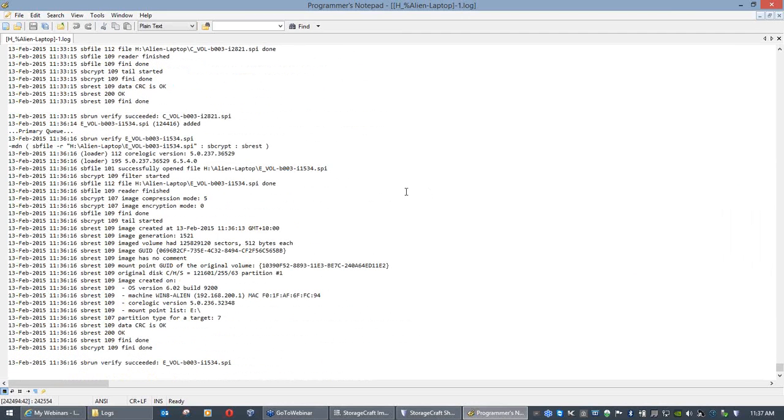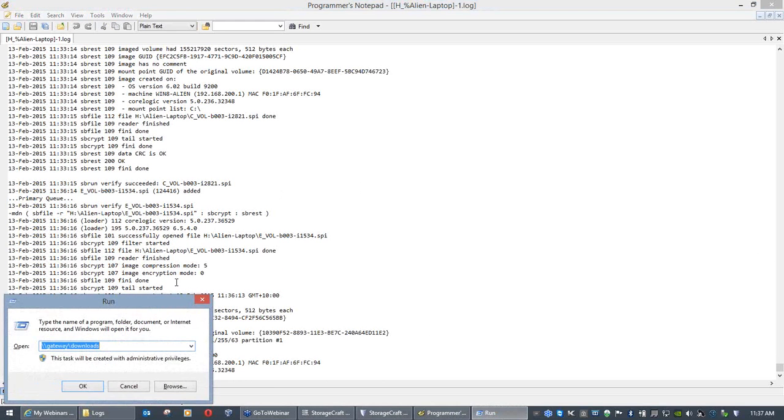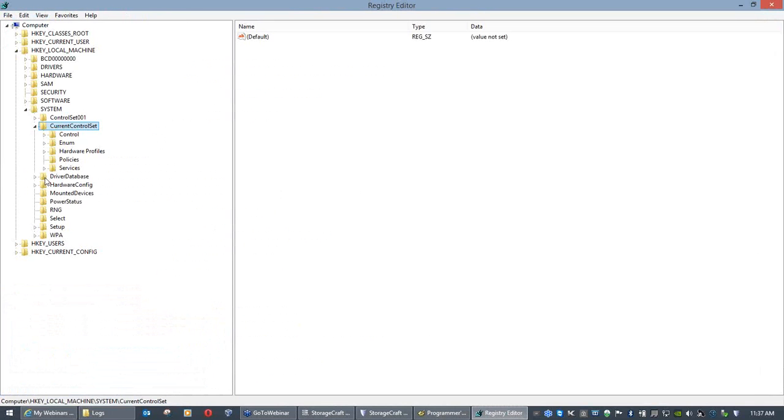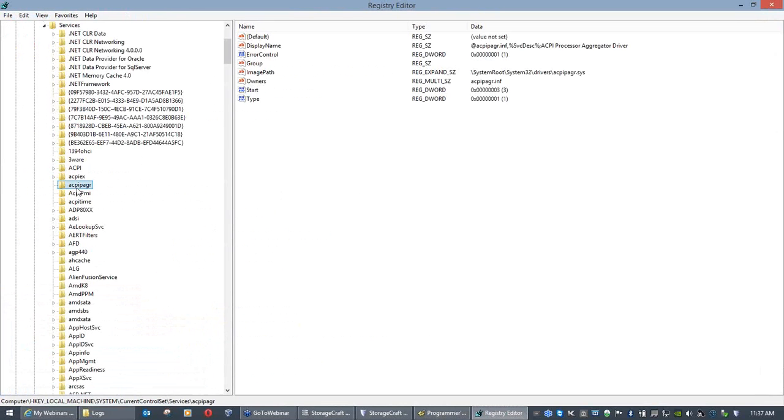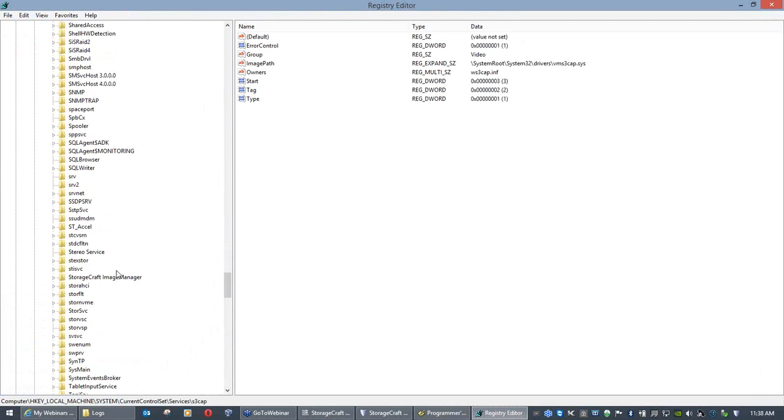Why is it that mine seems to have a lot more detail in it than what you would normally expect? Little tip for you folks, if you want to make sure that ImageManager is doing exactly what you think it should be doing, and you can see here it says primary queue, which you won't see in a normal log, okay. Little tip for you folks. Simply we're going to go to our registry. We'll go to the services, we will go to ImageManager,